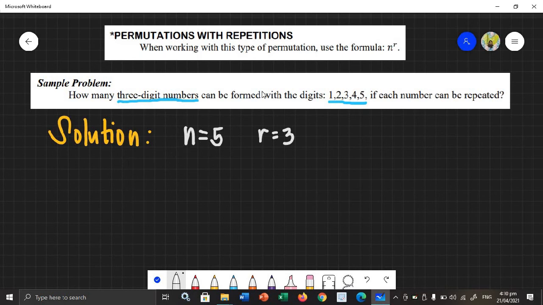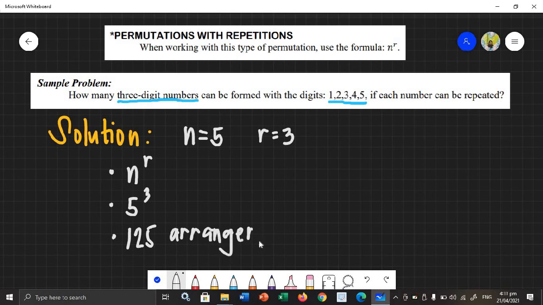So using this formula, n raised to r, we have 5 raised to the third power, and that will be equal to 5 times 5 times 5. The answer is 125 arrangements. So, when we arrange the numbers from 1 to 5 into 3-digit numbers with repetition, we will be forming 125 arrangements. So, this is an example of